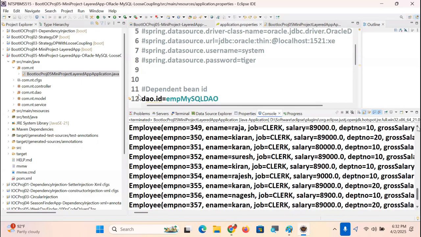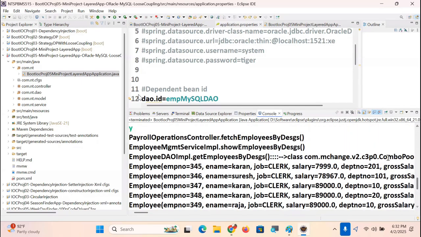C3P0 should work. Why? The @Bean always dominates the type. Suppose the @Bean is not there, the type comes into the picture. If both are not there, the algorithm comes into the picture. If in the algorithm also no jars are added, then